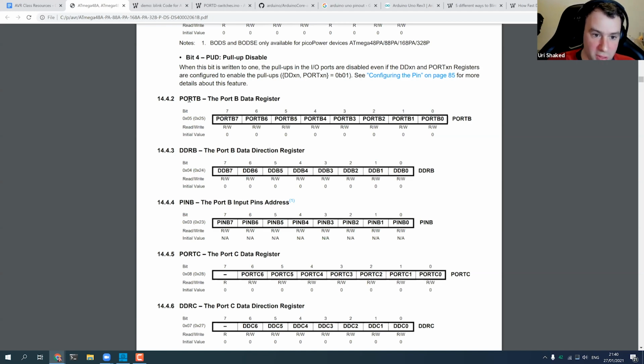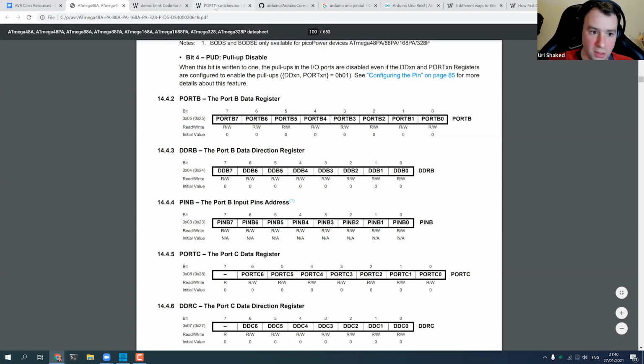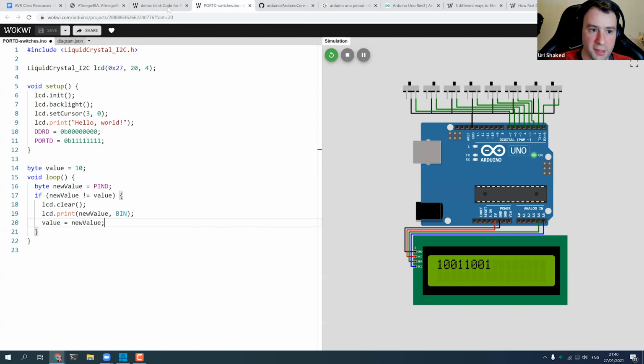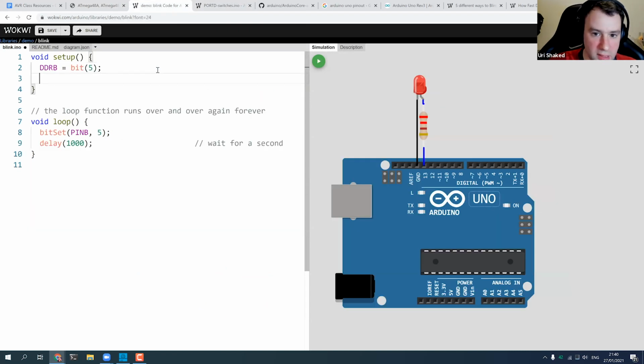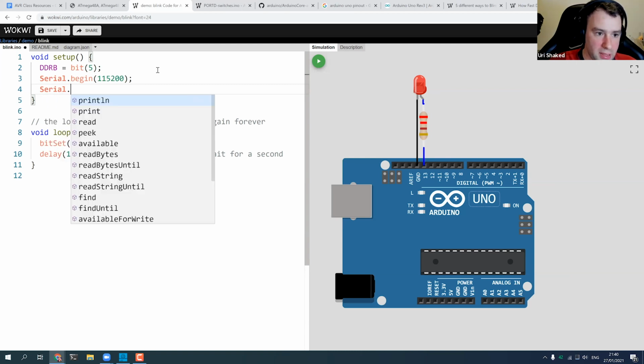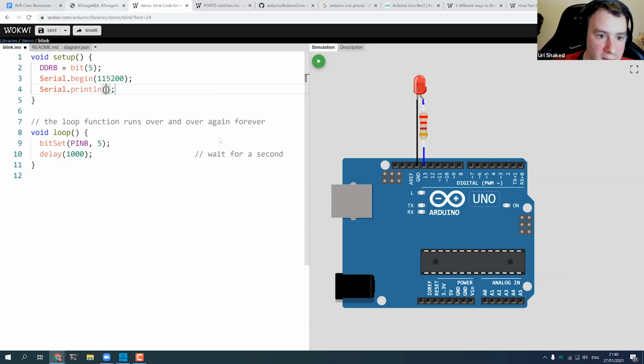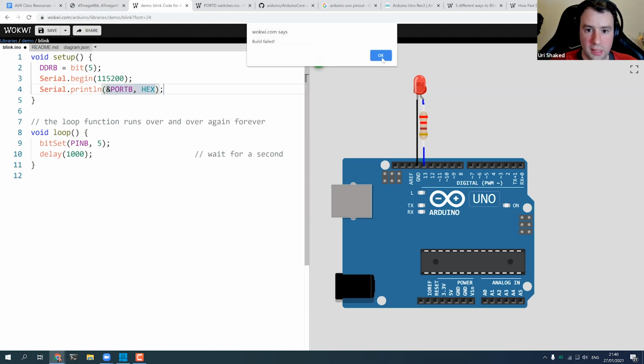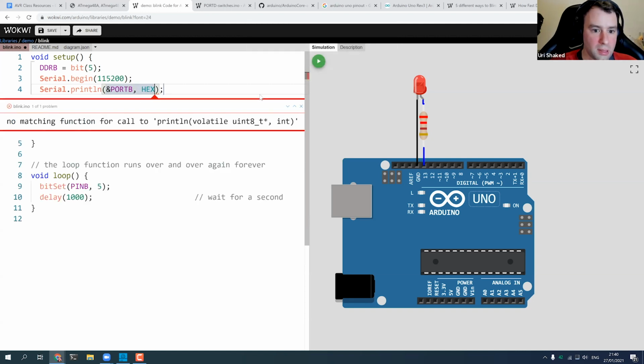I fell for it multiple times, and we can verify it. Let's just take this demo and do Serial.begin, Serial.println. Let's print the address of PORTB as hexadecimal. And build failed.